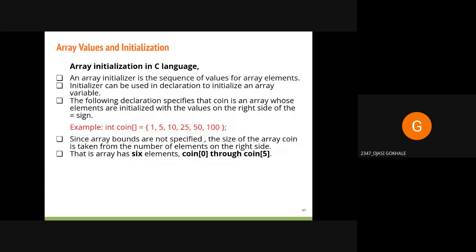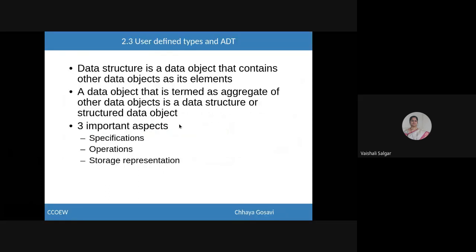Yes, 6. At compile time you do not know the size explicitly, but with that number of elements it will allocate the array. The following declaration specifies that coin is an array whose elements are initialized with the values on the right hand side. It will count that many elements and accordingly assign the array bound to the coin array.